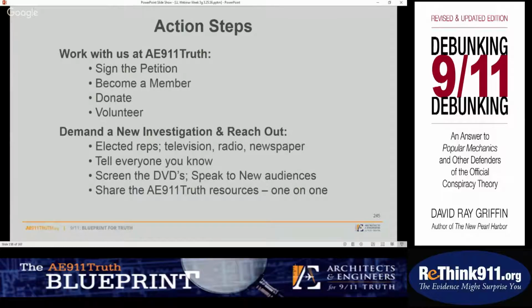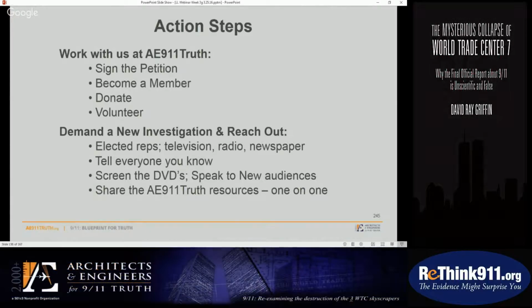You can screen these DVDs and videos to audiences in your own living room and larger audiences at libraries in your communities. You can share the AE911Truth brochures, banners, and other material we have one-on-one by tabling in your community, which means just put up a table or hand out literature on the streets. We have millions of people doing that around the world, particularly on the 11th of every month in their local